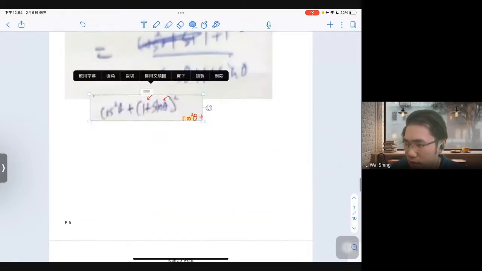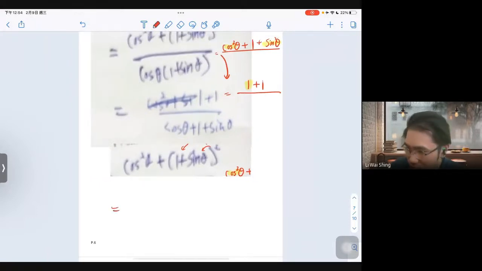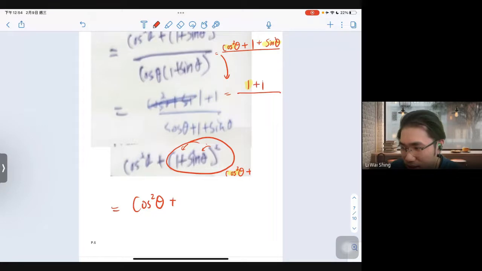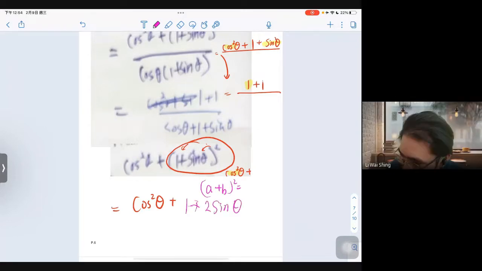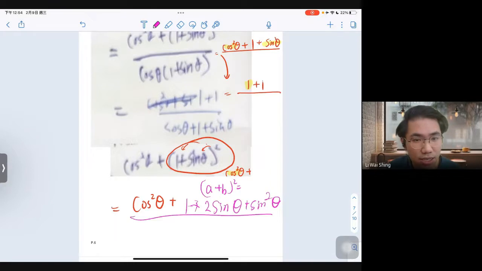Numerator 應該係咩啊？分子應該係咩啊？A plus B whole square 應該係咩啊？1 加 sin theta 再唔係 1 加 2 sin theta 再加 sin theta 2次。Yeah, very good 啊。OK，以後呢一個錯處你就幫我提醒嗰個同學唔好再犯啦，知唔知？OK，係啦，你負責提醒佢。